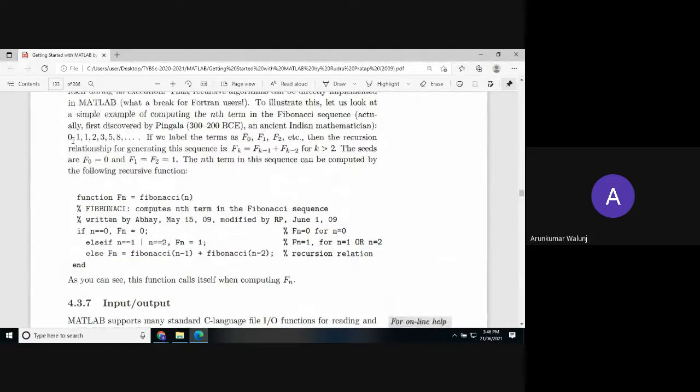Somebody may omit 0, but naturally the sequence starts from 0, but somebody wants to do it from 1, 1, then 1 plus 1 is 2, 2 plus 1 is 3, 3 plus 2 is 5. In that case, if it is 0, fine, you print the first term as it is, fn is 0, so the first term is printed. But else, if n is not equal to 1 and n is equal to 2, then fn is going to be by default, since both the terms are 1, 1, going to be 1.